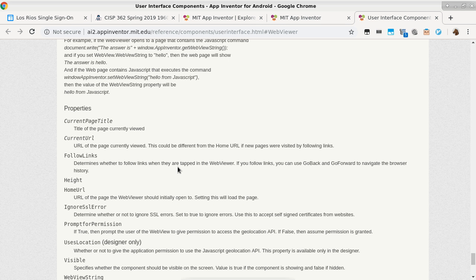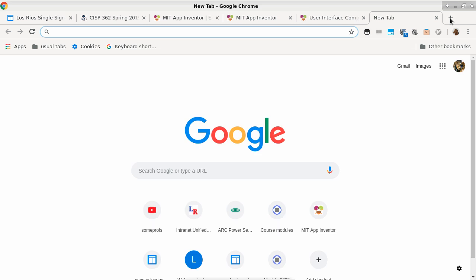Visible, you can turn it on and off. Okay, so let's go for the simple stuff first, okay? The first one is, how do I get my Google Sites? How do I get my web page on the web so my app can refer to it? All right, so